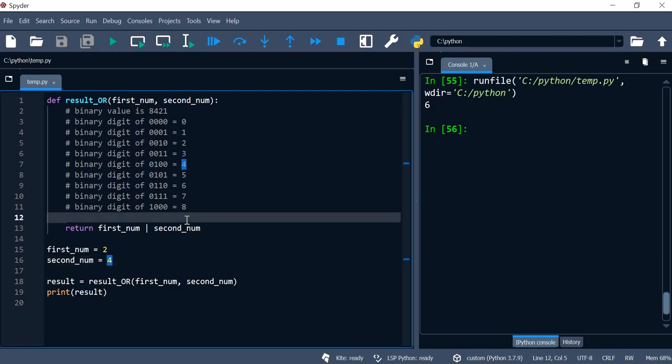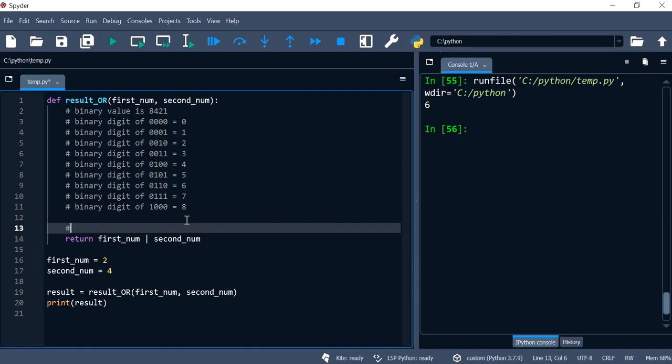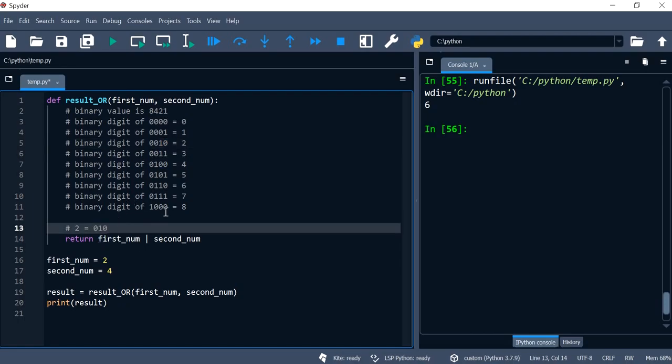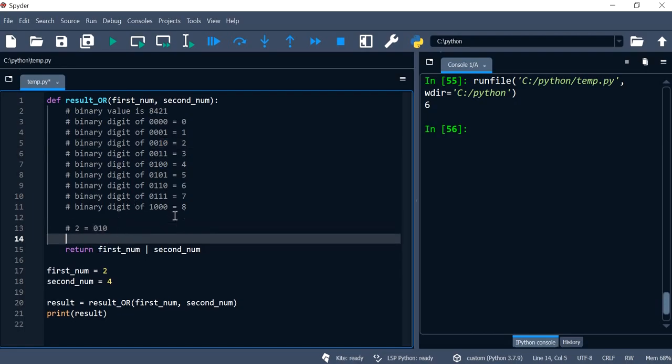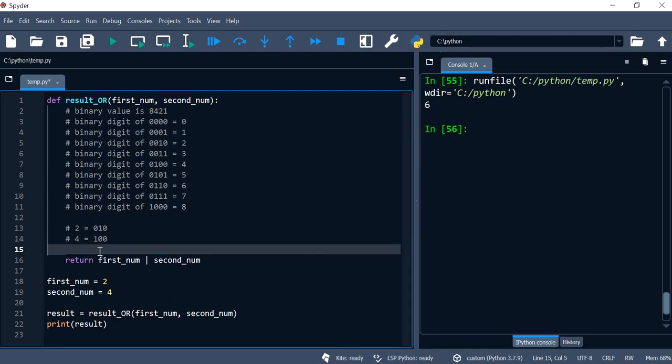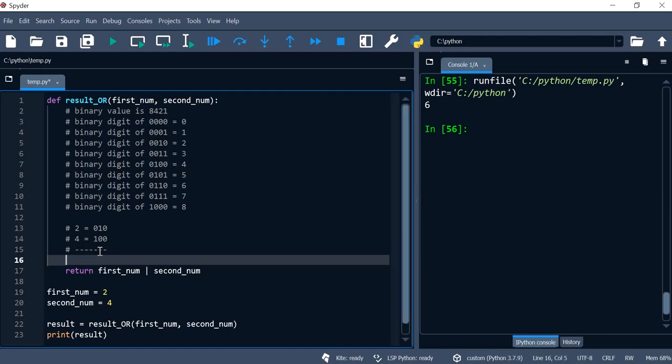Let's explore this further. So if I were to put a comment and I said the value of 2 is actually this value, and the value of 4 is 100 in the binary representation, and let's just be a little bit organized. Okay. The result of saying OR,